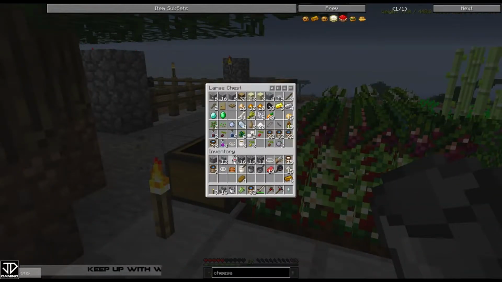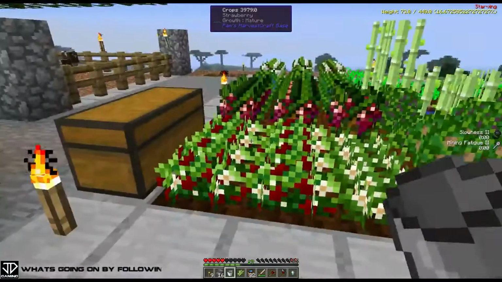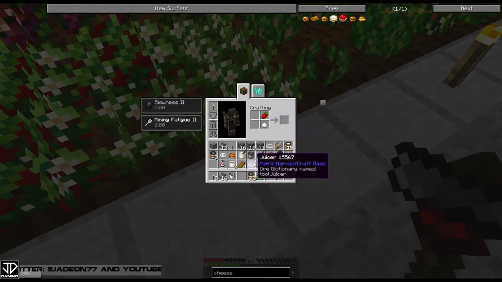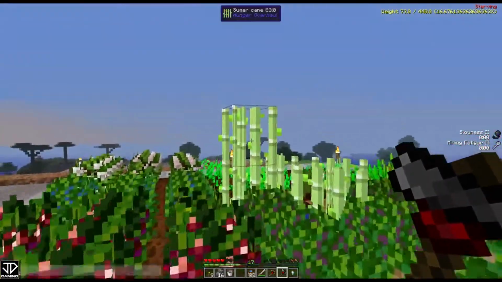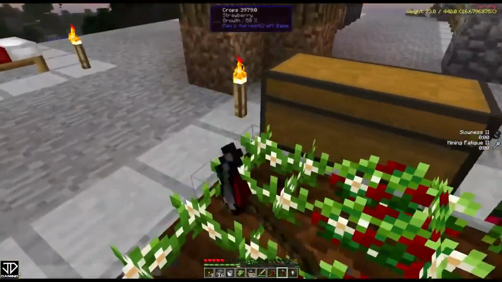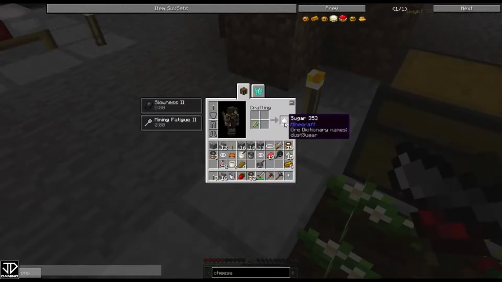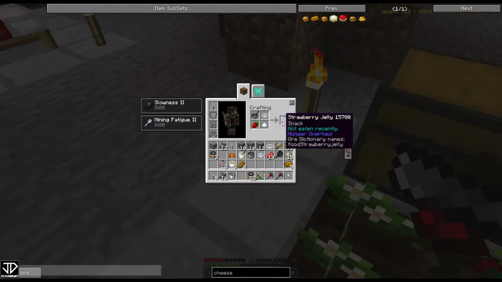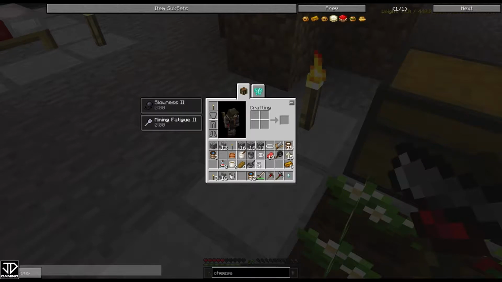And that was, if we take this peanut butter and this, and let's get some strawberry right here. So we're going to take the strawberry and combine it with some sugar, strawberry, juicer, and a saucepan, and that's going to give us strawberry jelly. I've got 2 of those now. And we'll go ahead and make 1 more of those. So another piece of sugar from sugar cane, the strawberry, juicer, saucepan. There we go. So we've got 3 of those, and we've got 3 pieces of bread, or 4 actually,